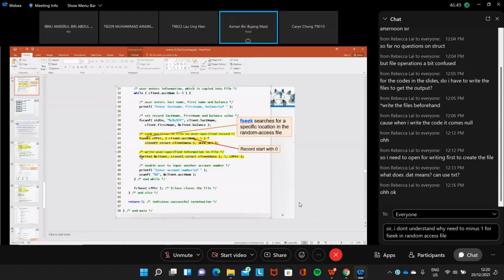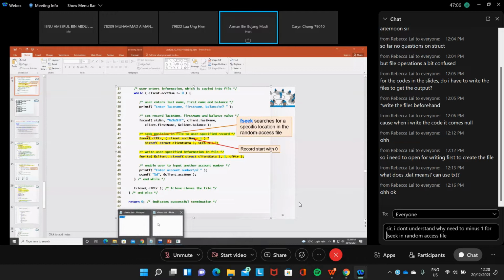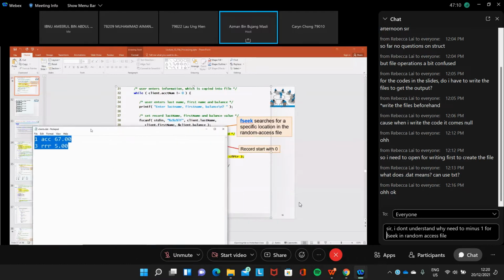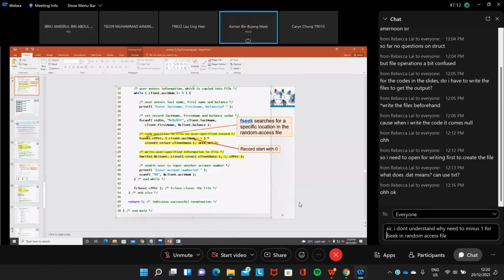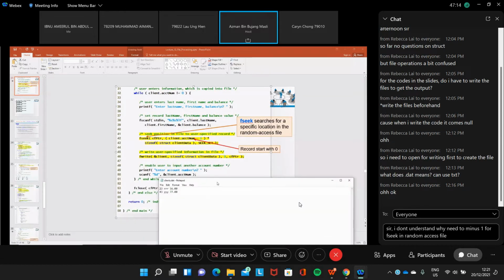If you deal with a binary file, you need to use fread and fwrite, for random access file. Otherwise you won't be able to read the data, because we input to the file using scanf and printf, so it is still a text file.